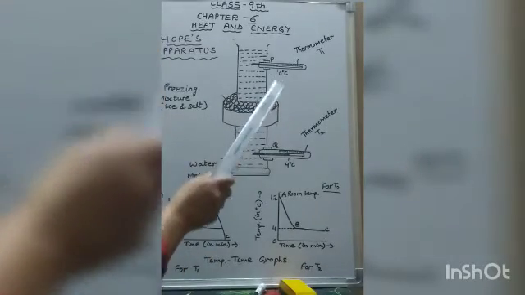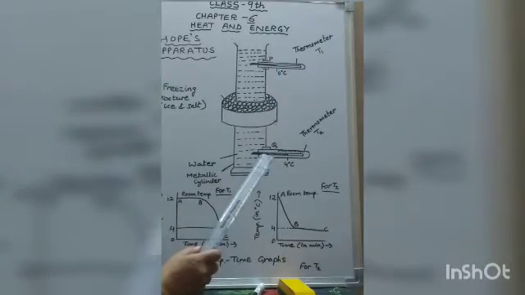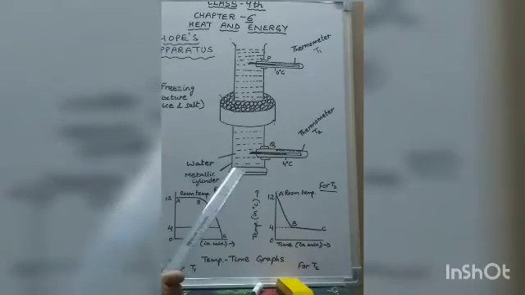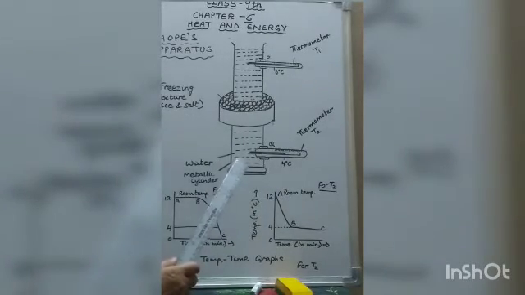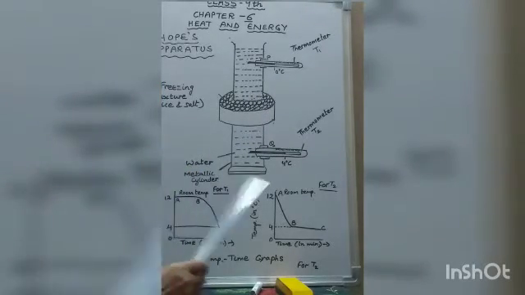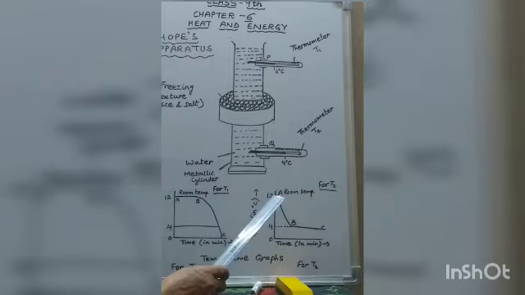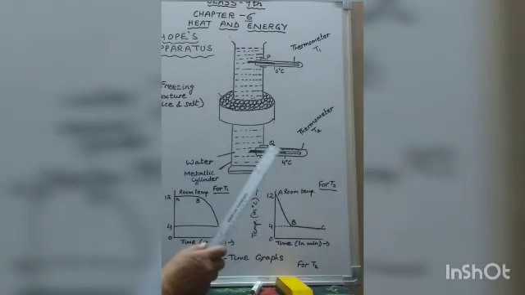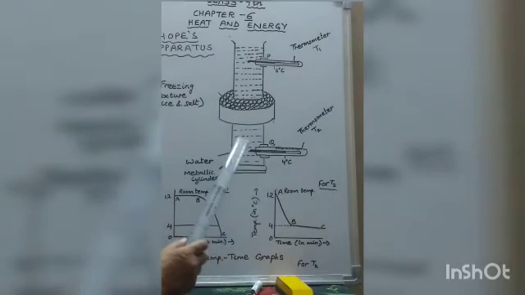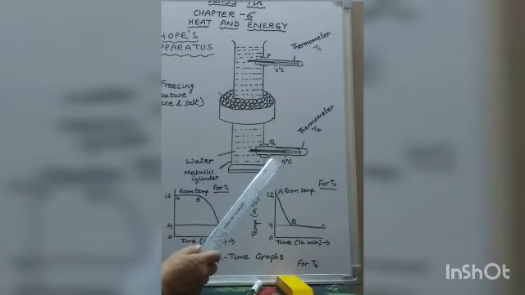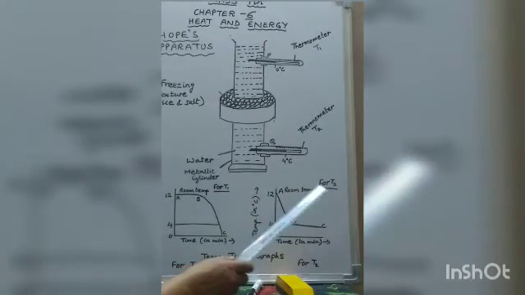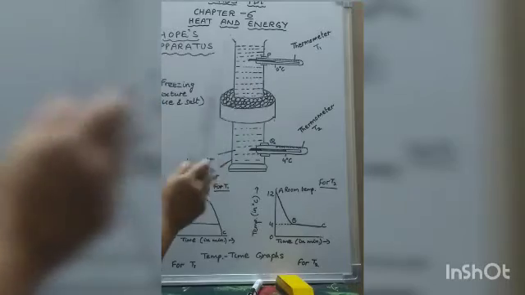Now the temperature is recorded by both the thermometers and it is observed at regular intervals of time for which these graphs are plotted. Now we will observe that initially both the thermometers T1 and T2 will show the same temperature, that is 12 degrees Celsius. Now first the temperature recorded by the lower thermometer T2 will start decreasing and finally it becomes steady at 4 degrees Celsius. It will start to decrease, only thermometer T2, not T1.